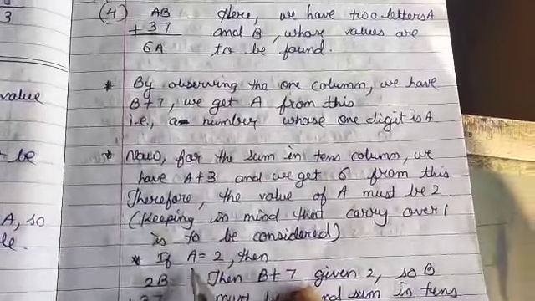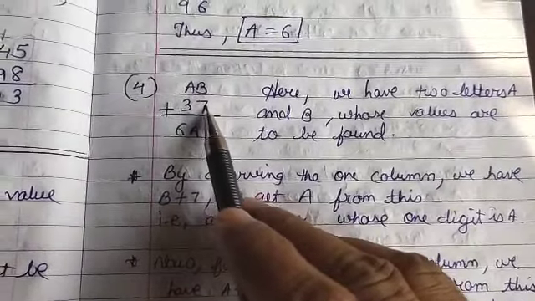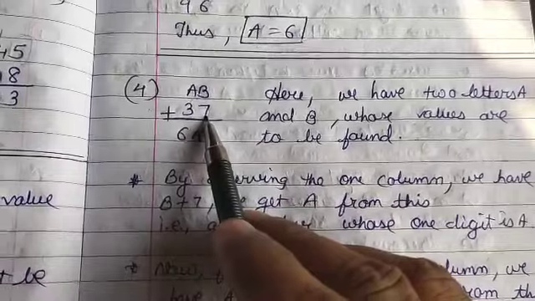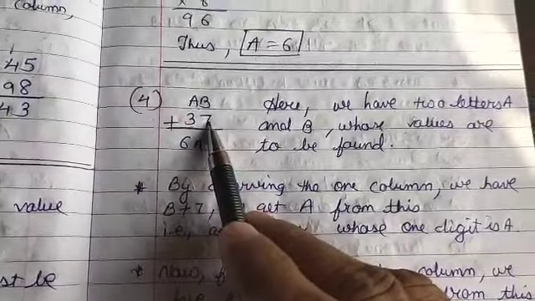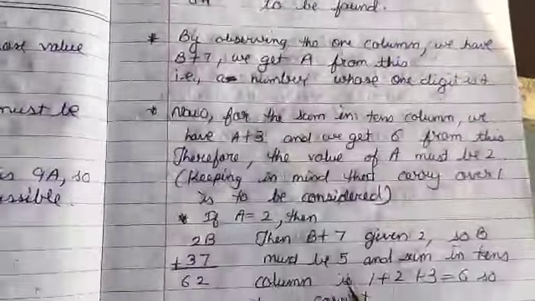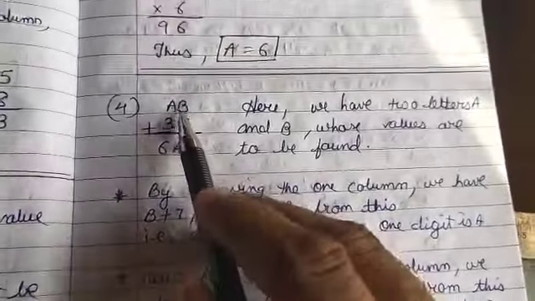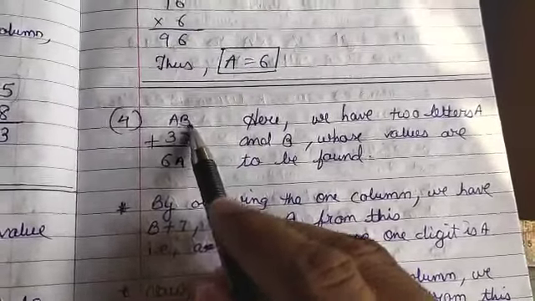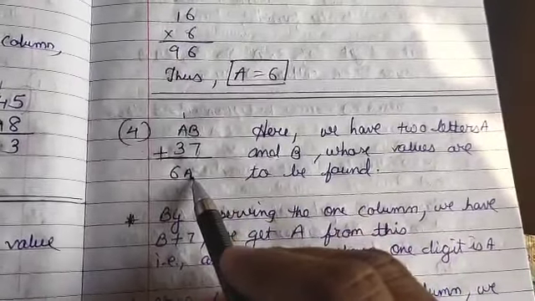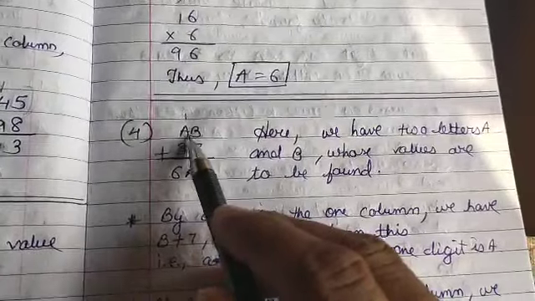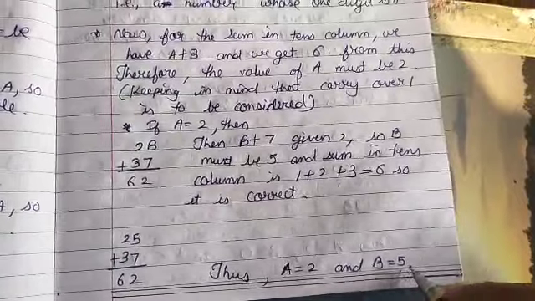Now in the ones column, if the value of a is 2, the sum of a number with 7 should equal 12, as the unit place is 2. That means if you add 5 to 7, it gives 12. So here the value of b should be 5, that is 5 plus 7 equals 12 and 1 carry, and 1 plus the value of a, 2, is 3, and 3 plus 3 is 6. So this is how we can say that the value of a is 2 and the value of b is 5.